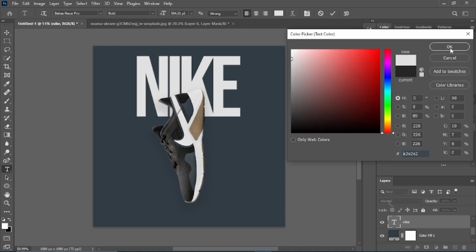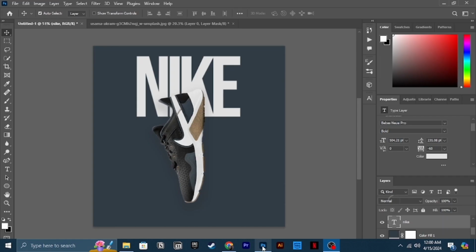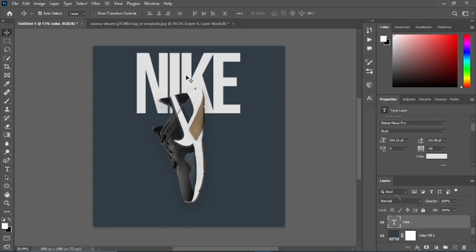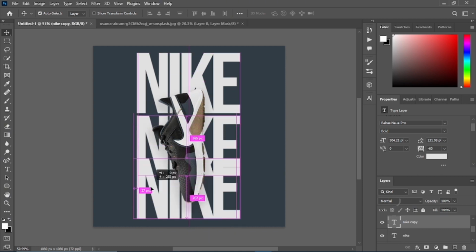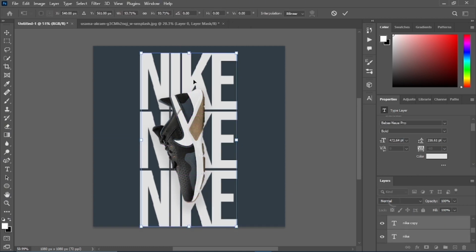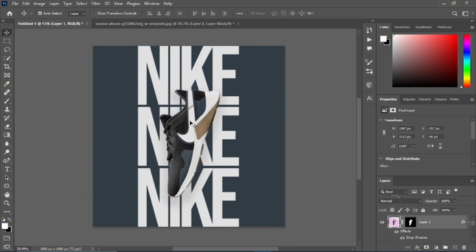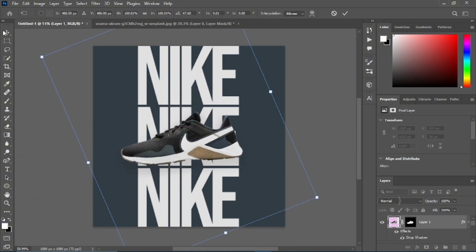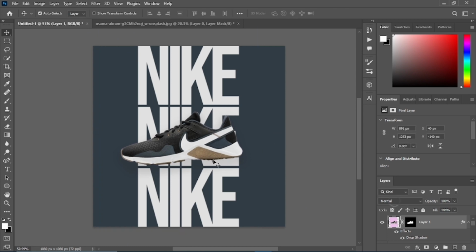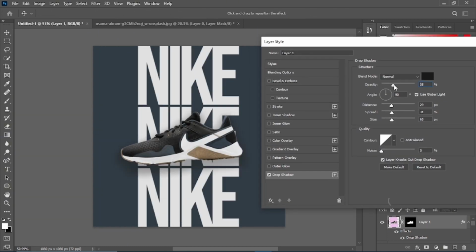I thought this single Nike in the background wasn't working well, so now I'm trying to do some experiment with the text. I've decided to abandon the idea of the vertical design and just went with the horizontal one.